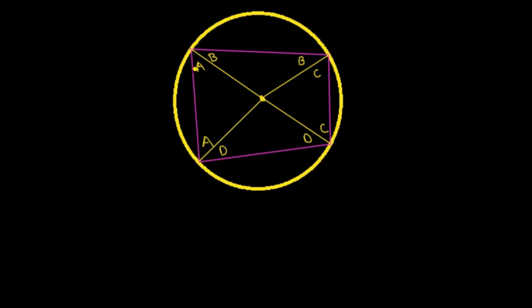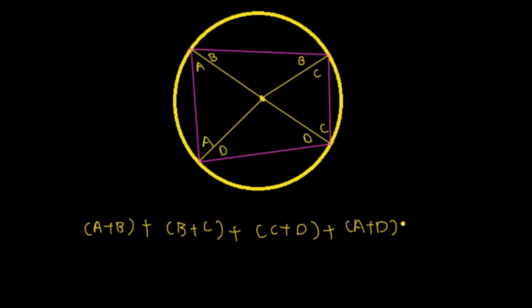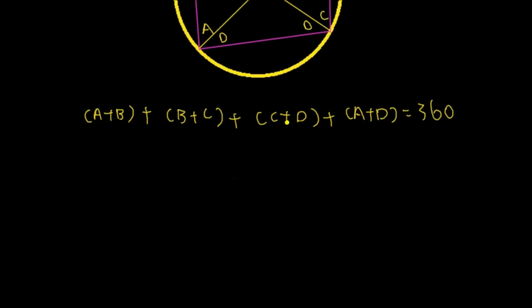Well, we know that all these 4 angles add up to 360 degrees inside a quadrilateral. So we can always say that this one is A plus B, this one's A plus C, A plus B, plus B plus C on this side. So B plus C, plus this one is C plus D, plus this side is A plus D, is equal to 360 degrees. Okay, so based on this expression here, we know that each of these letters appear twice. So we can actually write this as 2A plus 2B plus 2C plus 2D is equal to 360 degrees.